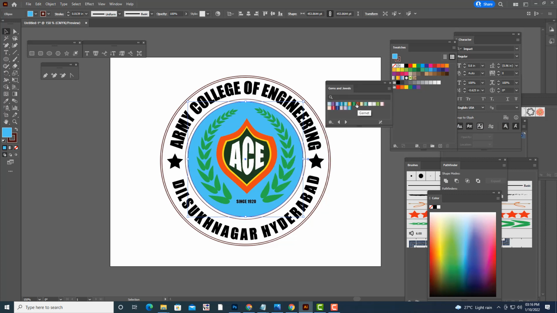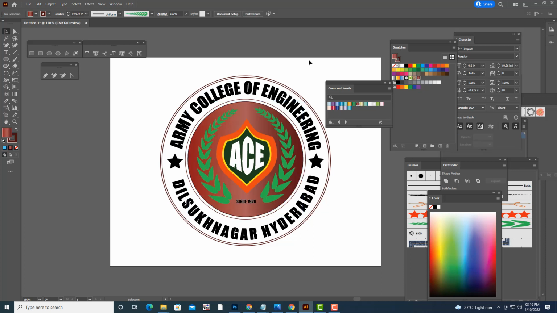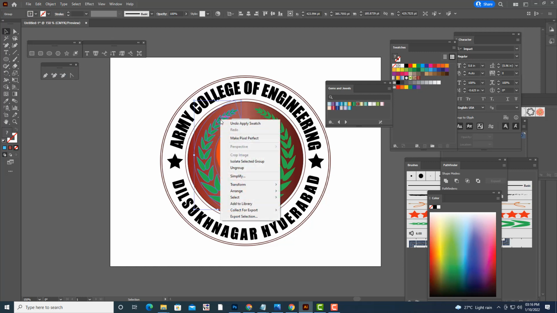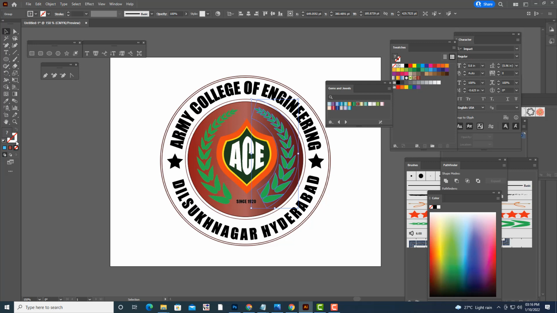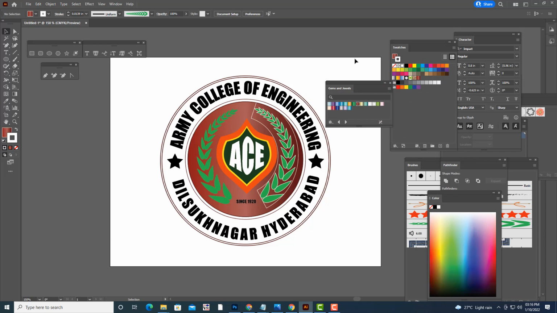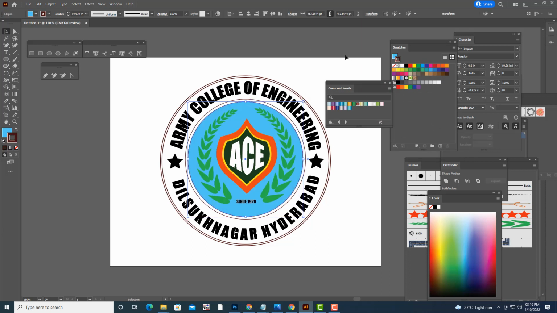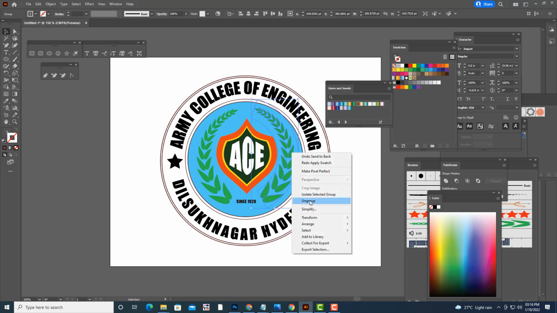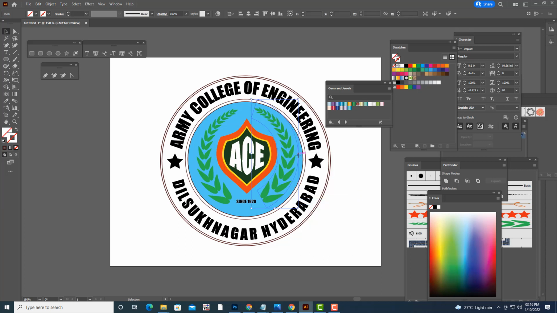So are you using the swatches? So we can give some color, and for these things we'll expand it. We can give some pure white color stroke. White stroke will be nice for this. But actually here we got some extra object, so we can get rid of that. You can just say ungroup, and just delete it. Ungroup and then delete. Something like this.